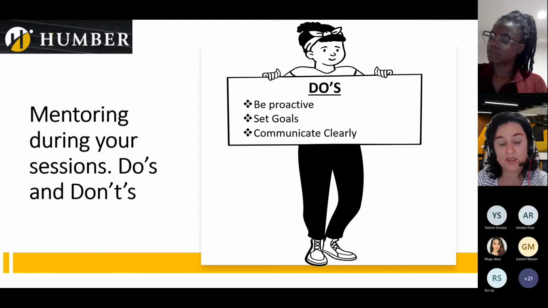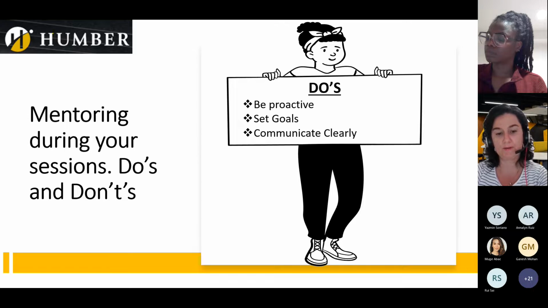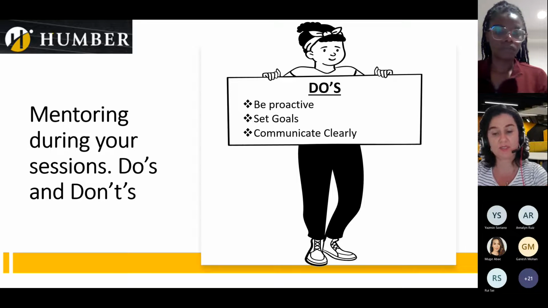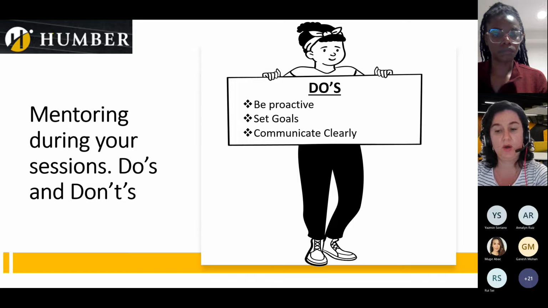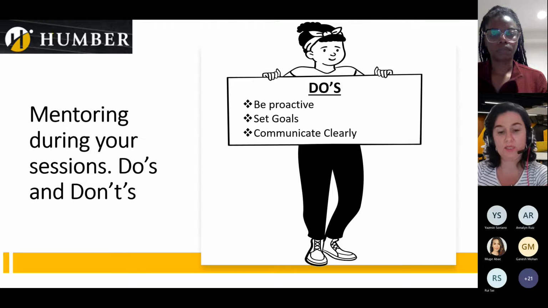You also need to communicate clearly. As a mentee, you are leading the partnership, so engage in clear and open communication with your mentor. Try to use simple language when communicating your needs, and be open to constructive feedback from your mentor. If you feel that your mentor may not understand certain aspects of your career needs, or is offering advice that's not applicable, please communicate it openly and early in your interaction.